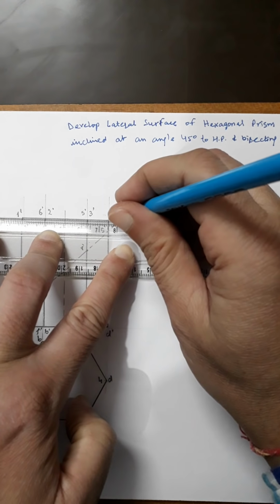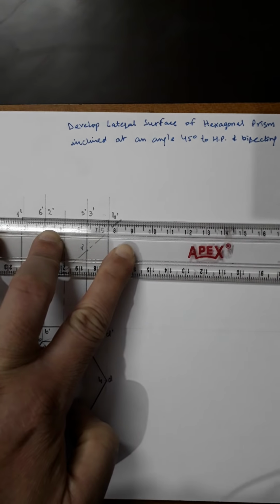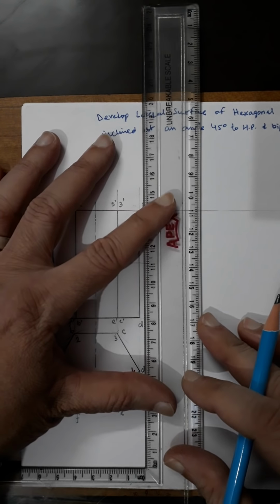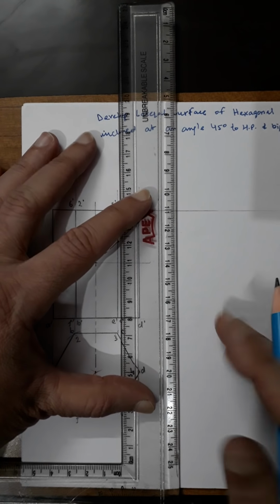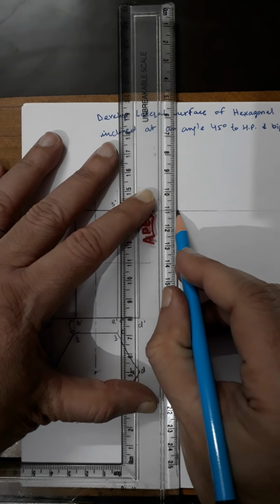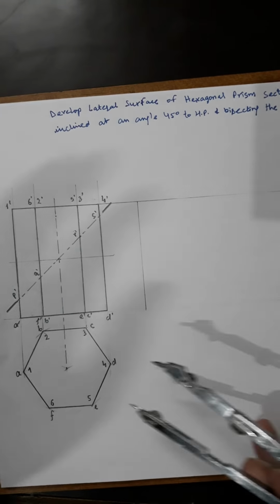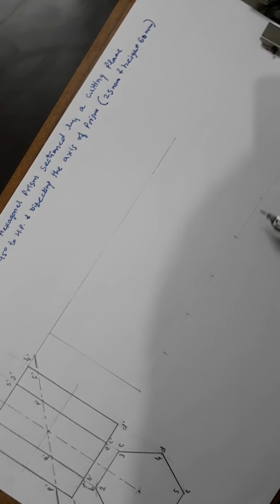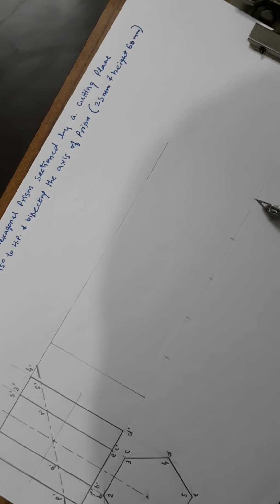Now you can draw a horizontal line passing through the top of this prism throughout, and also draw this line for the height. Now the base edges will be 25 and it will be six rectangles. So I'm measuring 25 and marking it six times: 1, 2, 3, 4, 5 and then 6.